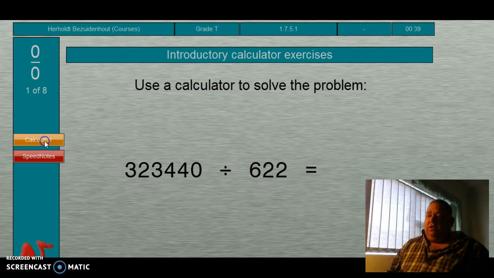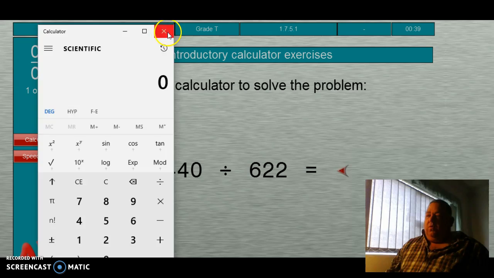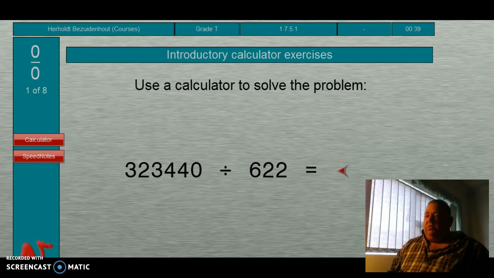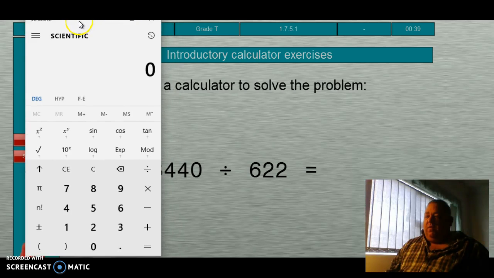And to use a calculator, I can either open a calculator over here, or I can simply use my own calculator if I want to. But let's say I'm going to use the calculator which they give me here.